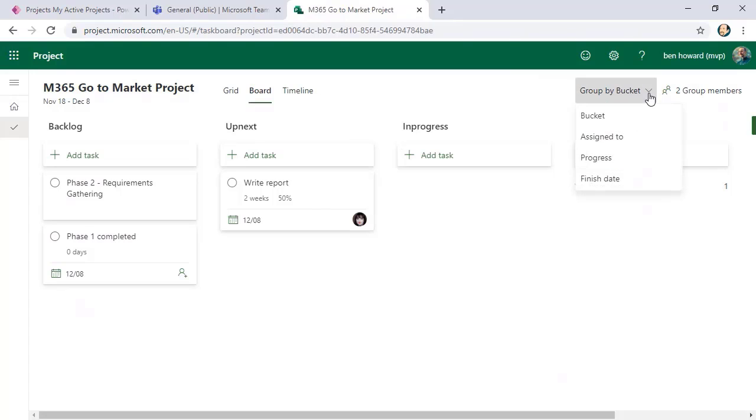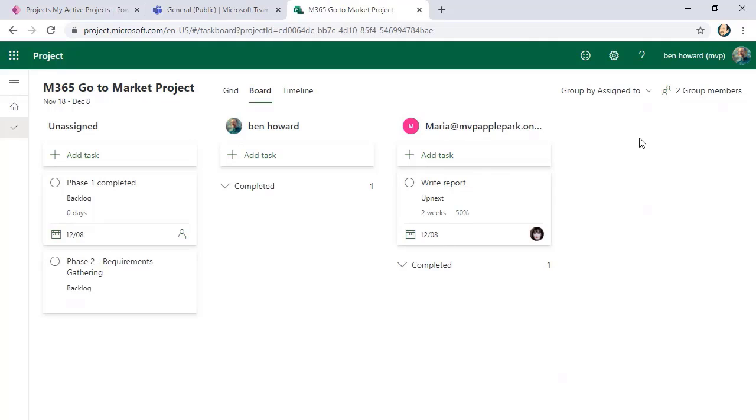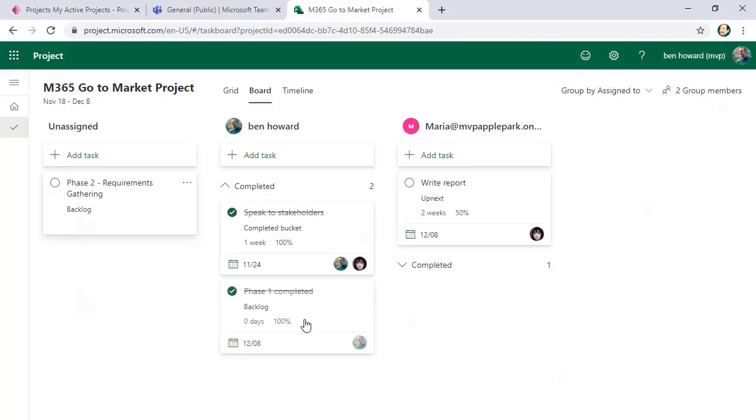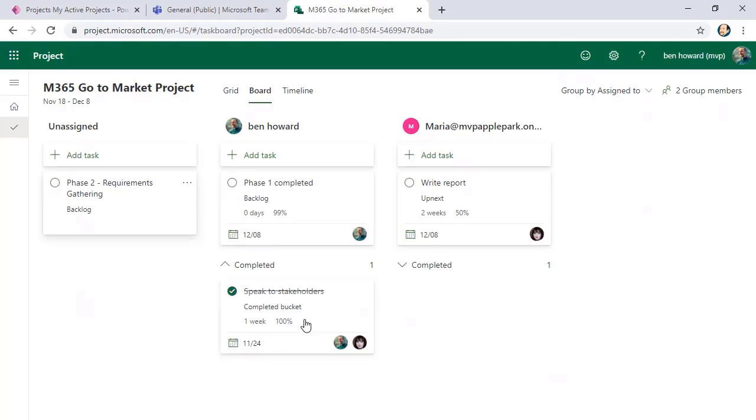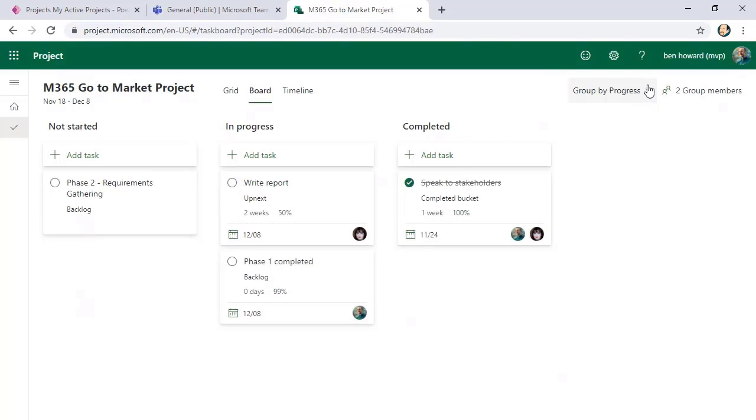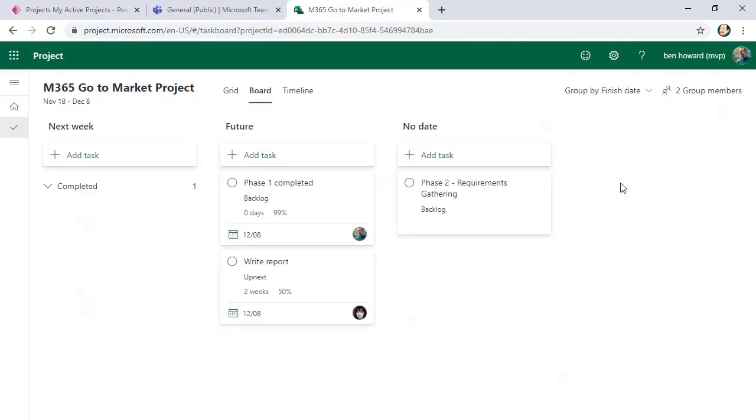Again, in terms of grouping these, we could just group by bucket, or we could say, hey, let's have a look at who they're assigned to. So here's the ones that Maria's got. Here's the one that Ben Howard's got. He's got one completed one. Here's unassigned. And again, we could just assign these different tasks to different people if we wanted to. We might have a look at that by progress or by finish date as well. So we've got some great ways of looking at this data. Okay, so